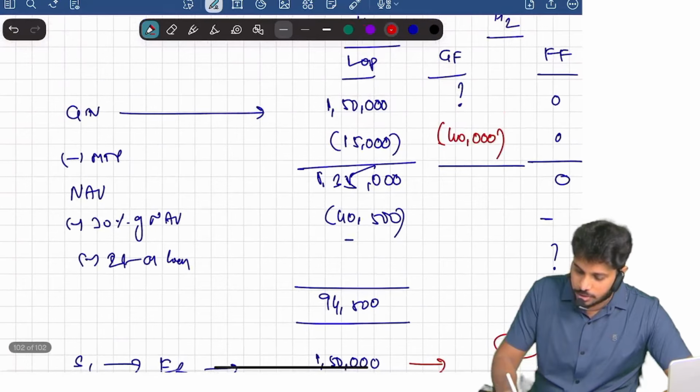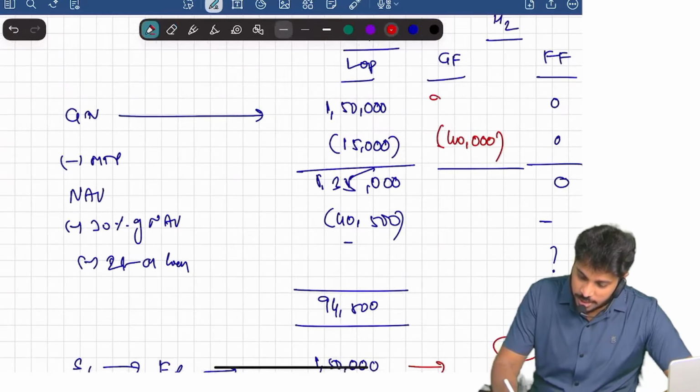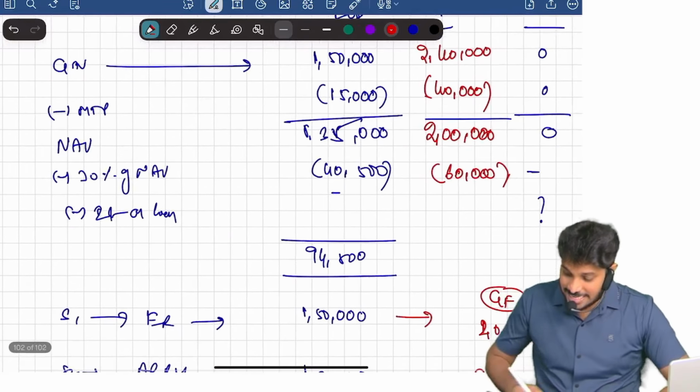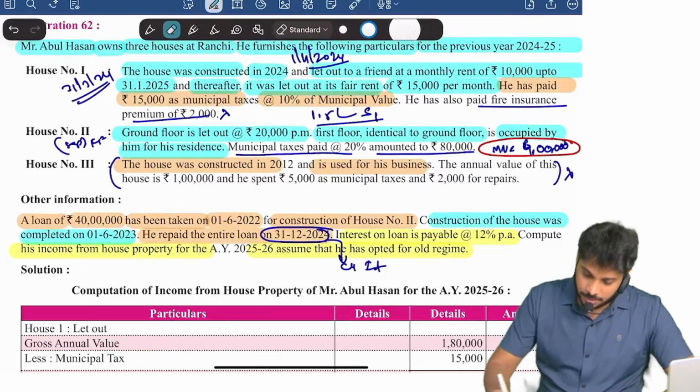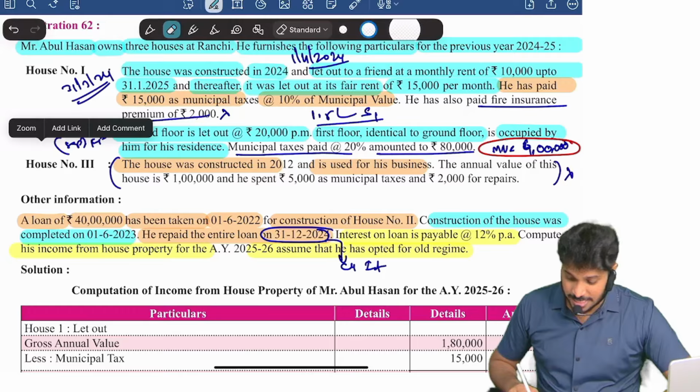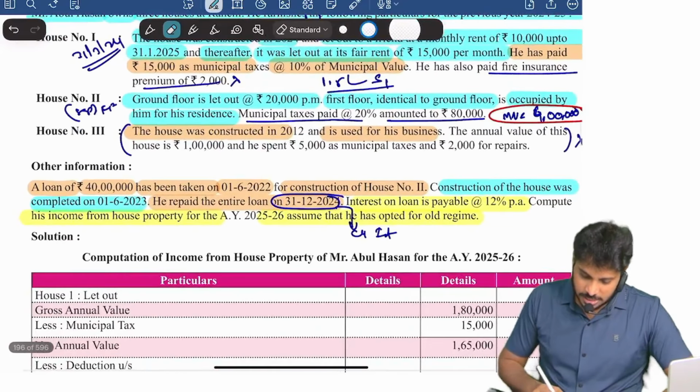For the ground floor, the gross annual value is 2,40,000. Agreed. Net annual value is 2,60,000. Yes or no? Now interest. Now you see there is a pre-construction period interest and there is a current year interest. Okay, construction was completed on